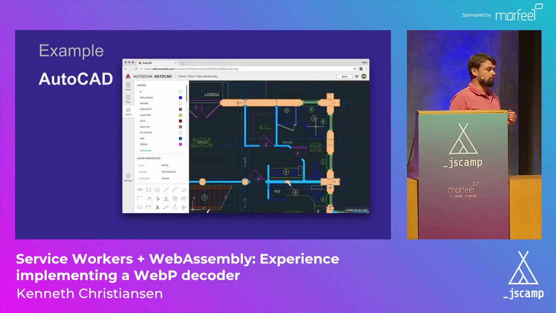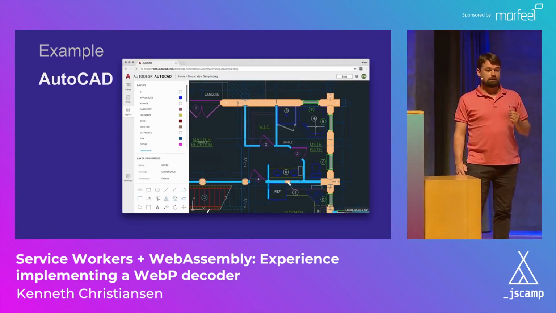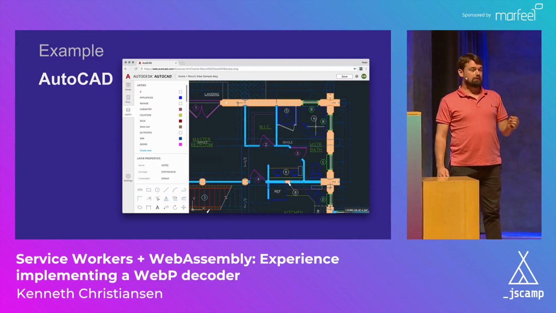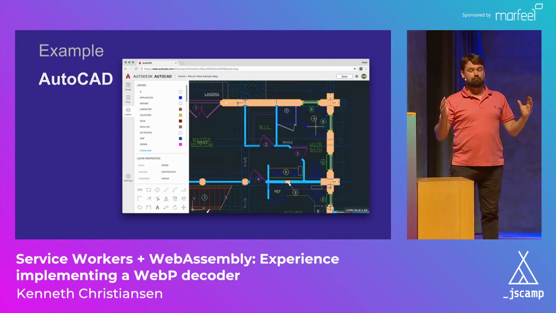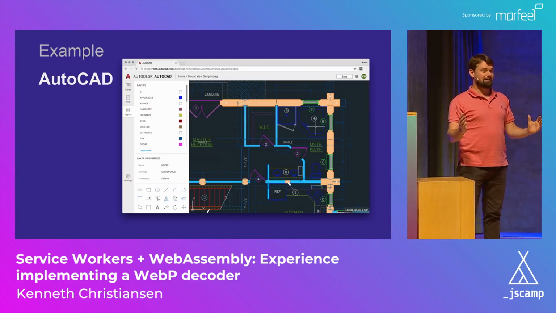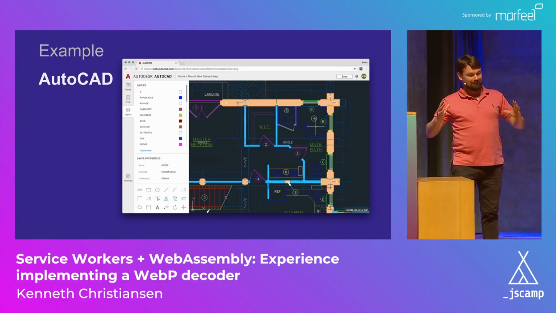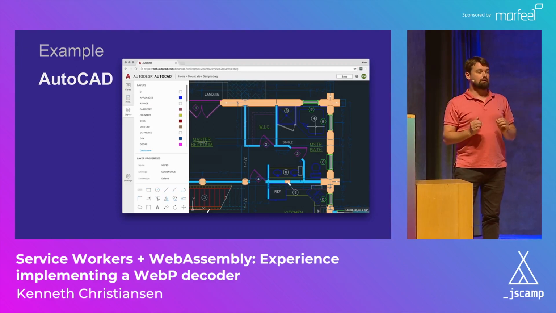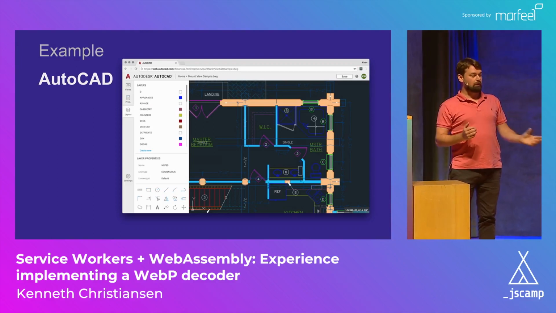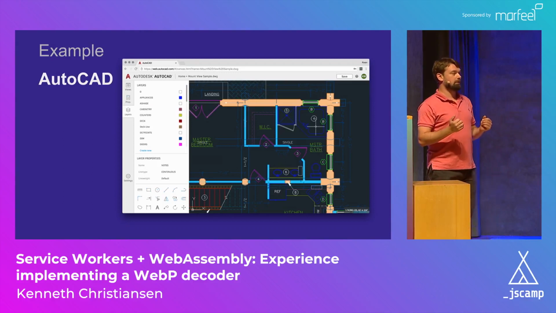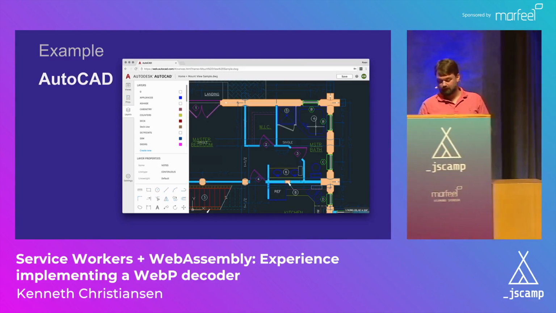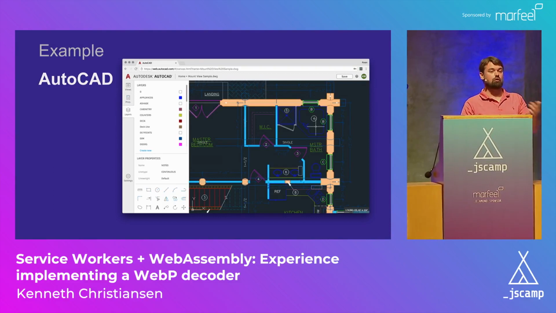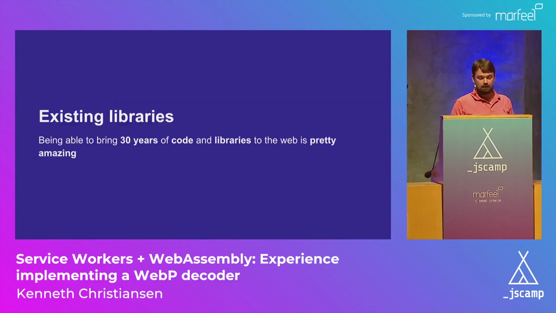Here's an example that Google was showcasing at Google I/O. This is Autodesk. Autodesk has this enormous code base they've written over 35 years. And now they can just do a bit of work and compile that into an editor view on the web. And then they can redo all the toolbars and whatever using regular web technology, getting the best of both worlds, and getting something that's truly portable across OSs. So this is a really important part of WebAssembly.